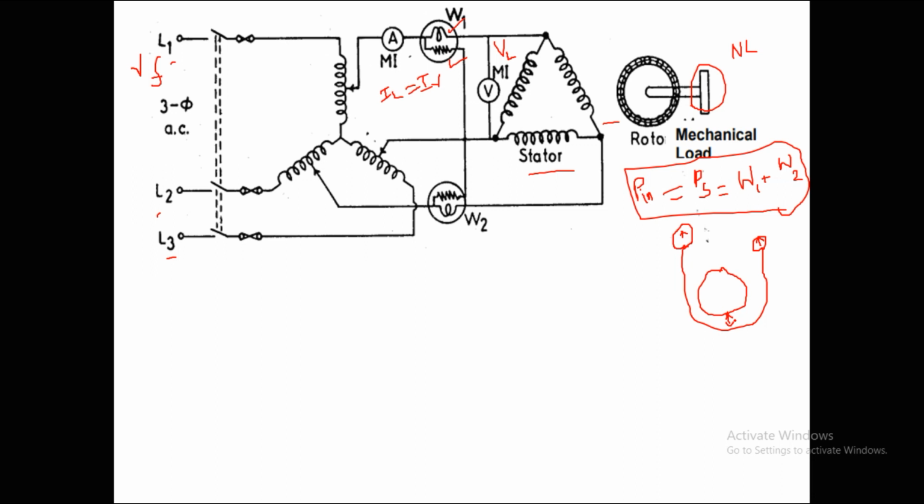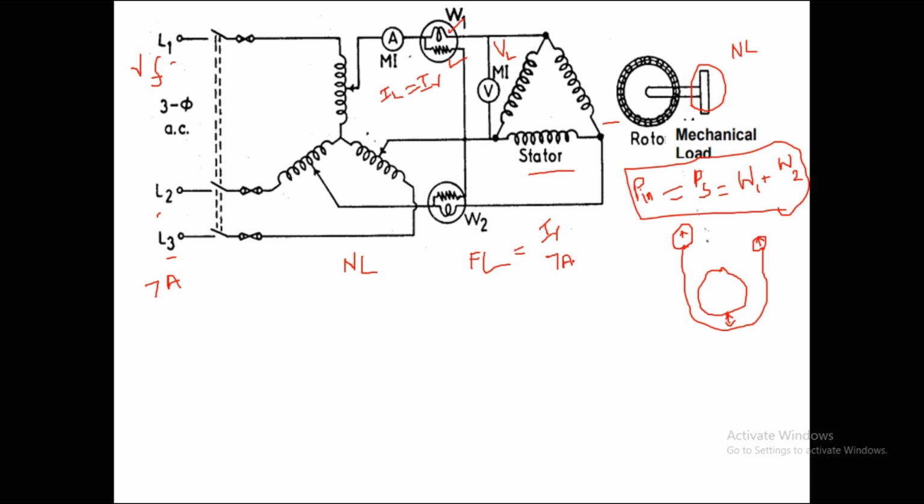So after checking this no load condition, we have to give a supply to the stator field winding terminals via a starter. So we are starting the machine at no load condition, and we are going to operate the machine until it reaches the full load current. Full load indicates the rated current value. We can check this rated current on the nameplate details, which we can see on top of the stator frame. So for example, if you have a current rating of 7 amps, the full load rating will be 7 amps.